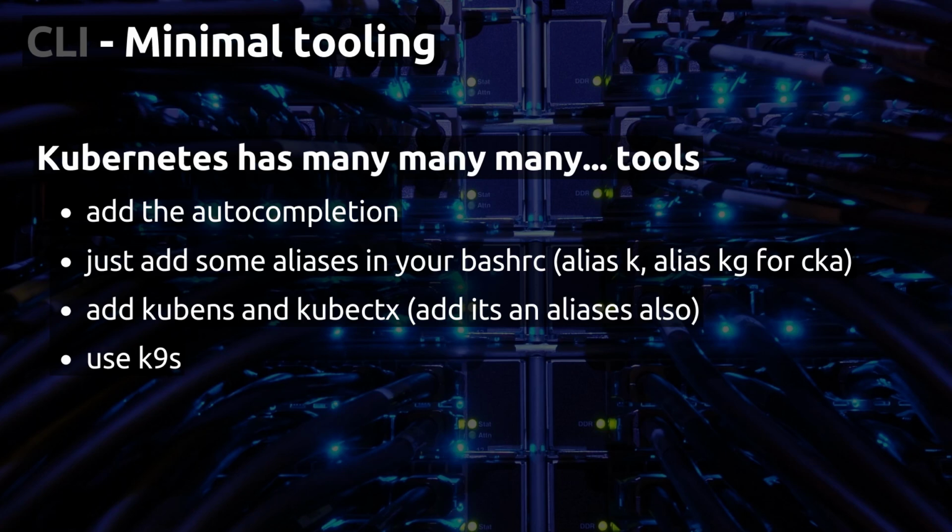After that, we'll install the kubens and kubectx scripts to ensure that we are efficient when we want to switch our context or our namespace. And in the final step, we install a TUI for Kubernetes. So this is the K9s TUI. So after that, let's go.